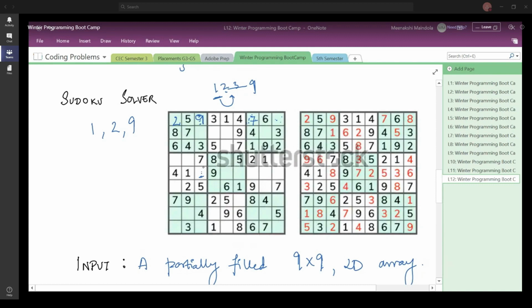So when this condition comes, that is, for all the 9 digits starting from 1 to 9, when for none of the digits those three conditions are going to be satisfied, it means that something has gone wrong. Something has gone wrong, right? And how will that happen? Say, suppose by just considering those three conditions, my program has filled in just some numbers, and say one of those numbers is not at its correct position.